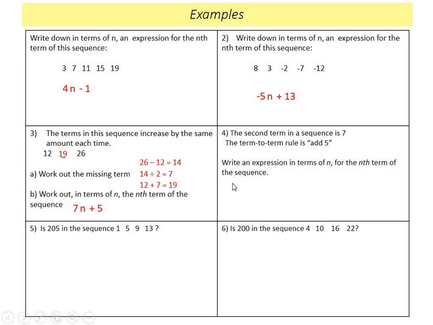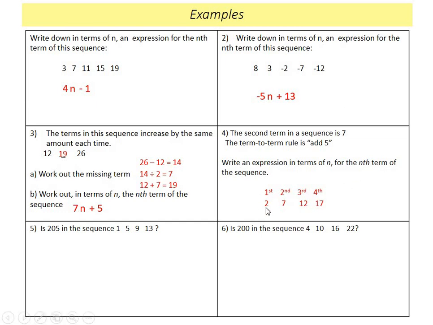Number 4: the second term in a sequence is 7, and the term-to-term rule is add 5. Write an expression in terms of n for the nth term of the sequence. So we need to know what numbers are in the sequence. I know that the second term is 7, and I need to add 5 each time, so I really need to know what the first term is. If the sequence is going up in 5s, the number before that 7 would be 2, because 2 add 5 is 7,